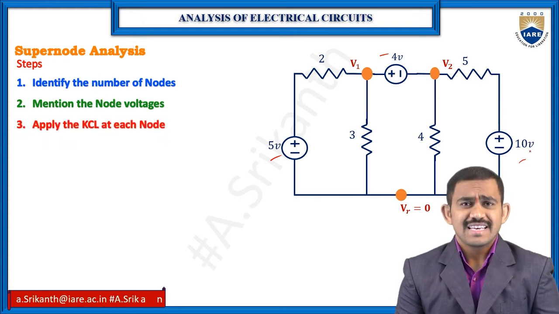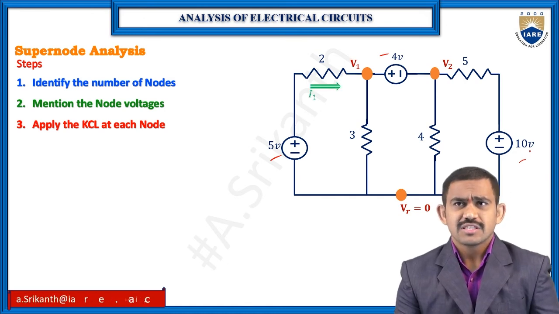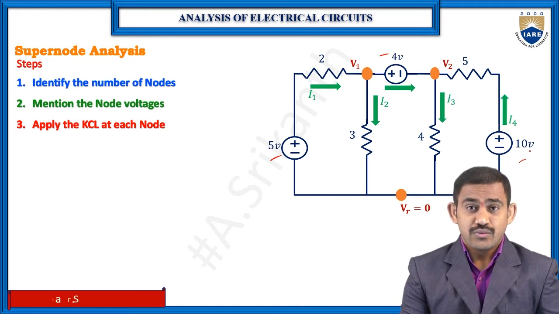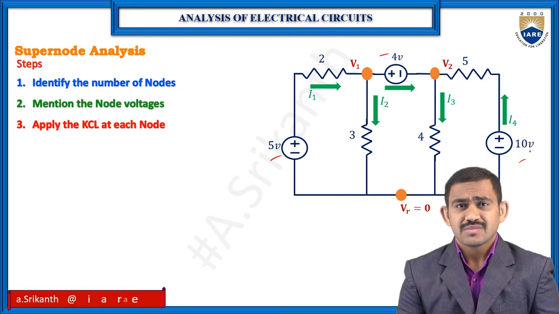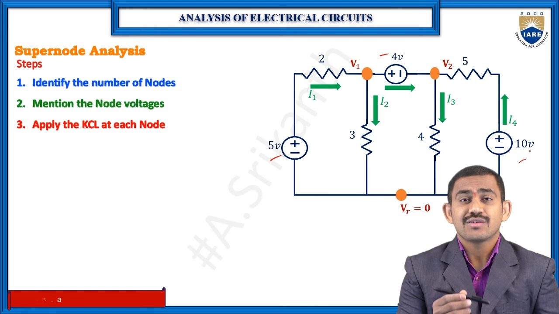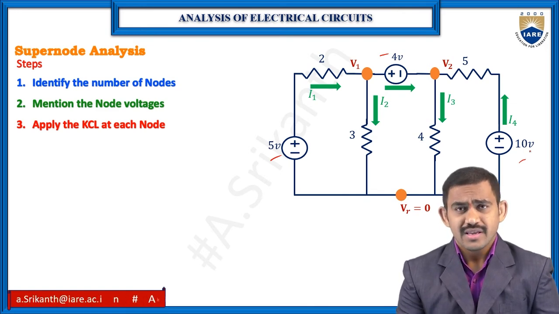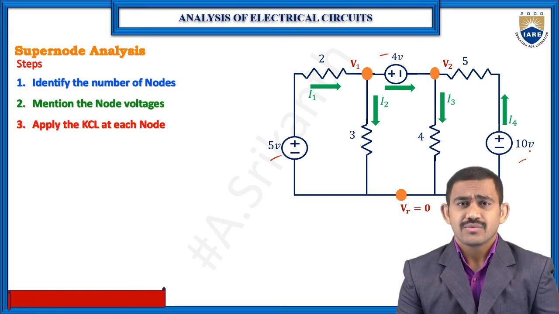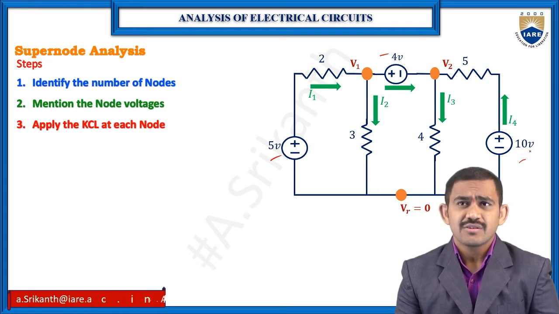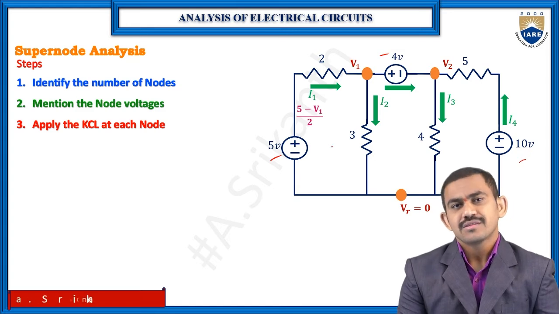Now apply the KCL rule. For KCL rule I require the currents. So give the current direction for each branch. So I gave each branch a current direction. For 4 volts I gave positive to negative. Just remember, where I have the ideal voltage source, there I gave the positive to negative direction. Okay. Now write the equations. Before going to the equation, I want the I1, I2, I3 values. So what is the I1 value now? 5 to V1 I have the direction. So 5 minus V1 by 2.